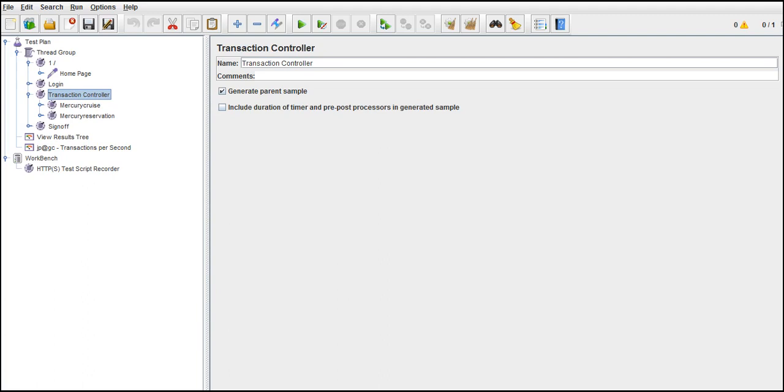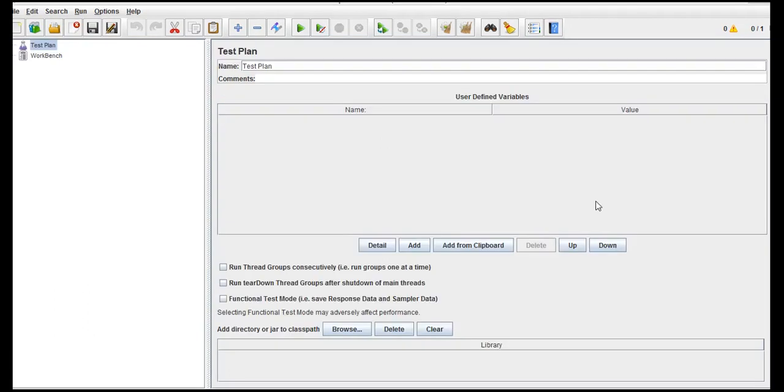Thank you. Hey all, so in this lecture we will see how to handle timers in JMeter. Basically, where will the timers come into the picture? Now for example, you have some 50 users with which you are putting load on an application. But in a real-time situation, not 50 users will simultaneously send one request, right?